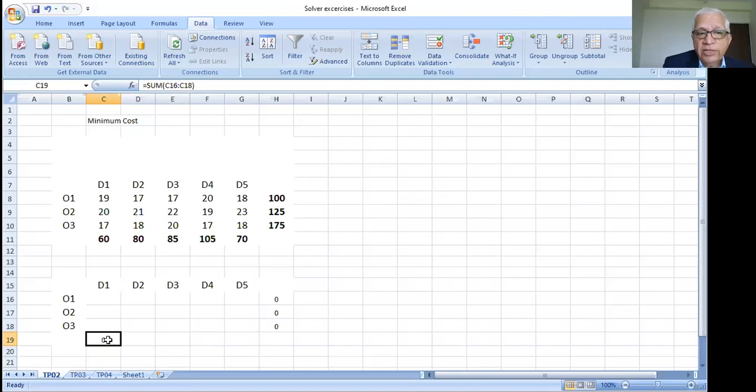So I'm just selecting this cell. I'm saying Control C. Then I'm going to the next cell. In these 4 cells I'm going to copy the formula. So I'm doing Control V. Now if you see here, this formula will be D16 to D18. This will be E16 to E18. Okay. And this, for example, will be G16 to G18.